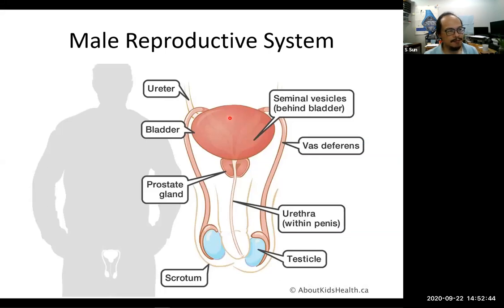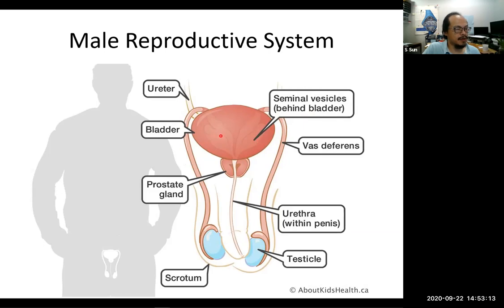male reproductive system. We will have the testes or testicles. This is the vas deferens. So we can get the idea that this is the gonads. It's similar to the ovaries in females. Vas deferens is similar to the uterine tubule. And then we have the